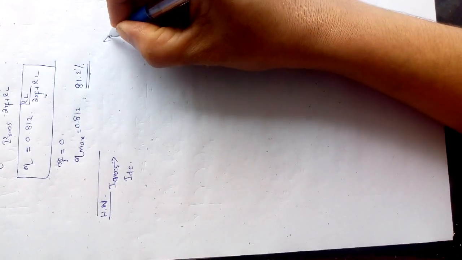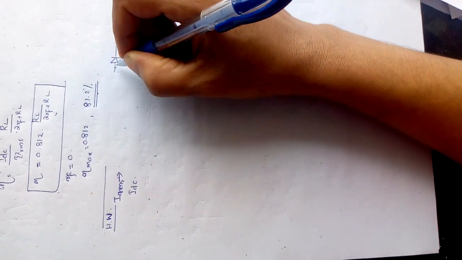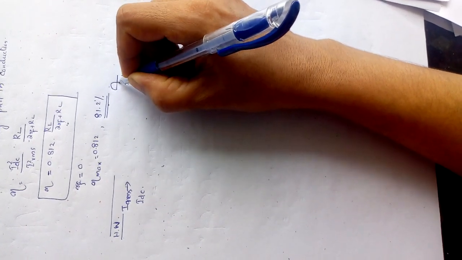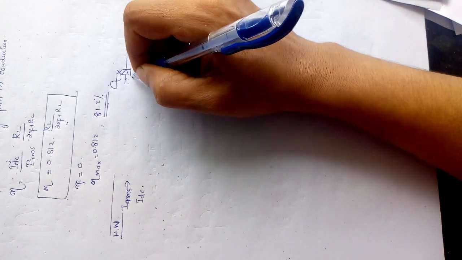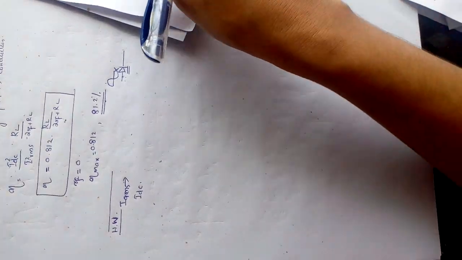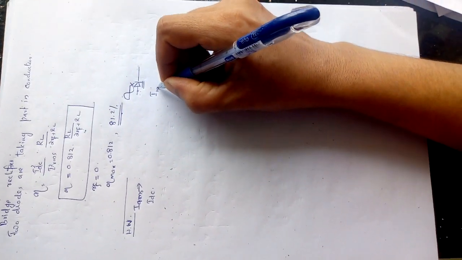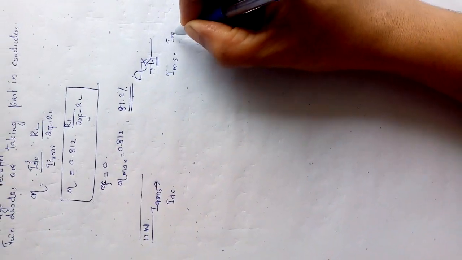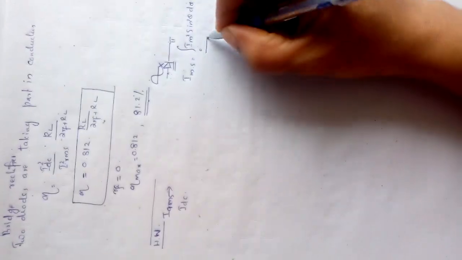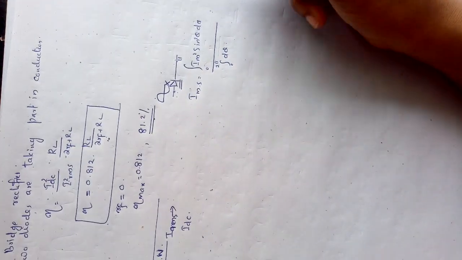In the case of a half wave rectifier, only a single diode is used, and that diode uses only a single half cycle of the input AC. The remaining half cycle is not passing through the diode at all. So we have to take the integration limits. The mean square value is Im square sin square theta d theta, taken within the limit 0 to pi and averaged over 0 to 2 pi. You can calculate this and evaluate the result.